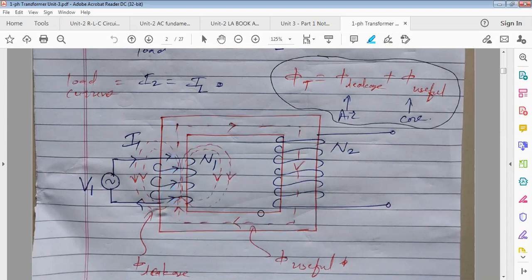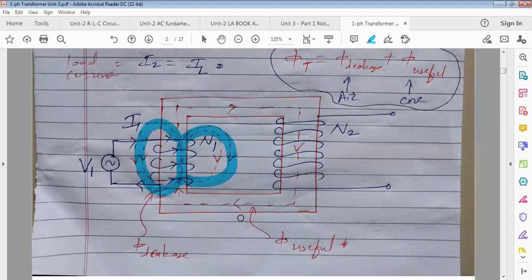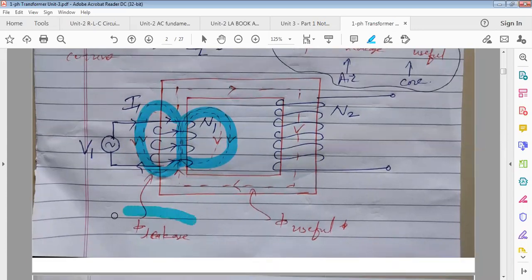What do you think? Very good, because the core's relative permeability is very high. Silicon steel, in some thousands it is. So it will offer very less opposition. What about air? Its relative permeability is 1. So the opposition offered by air is very high. So a very small percentage of flux will complete its path through air like this. See. Whatever flux is produced by the primary winding, N1 number of turns, a very small percentage of flux completes its path through air,